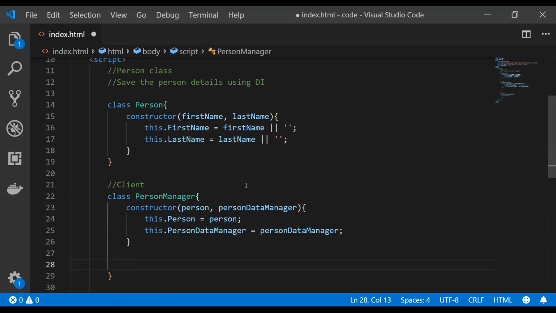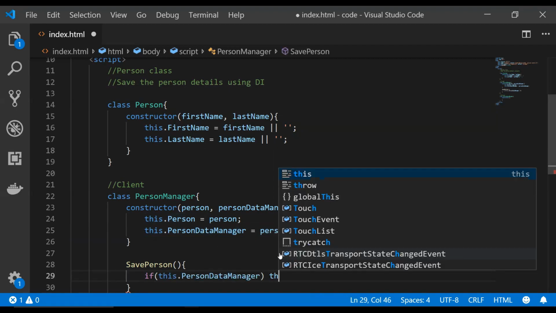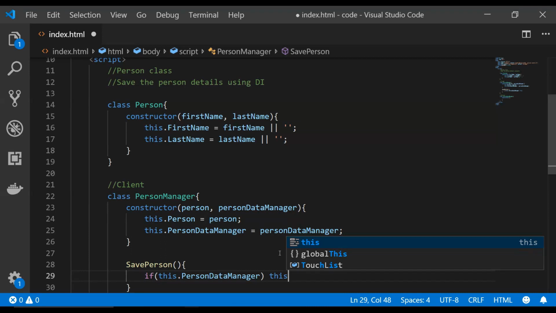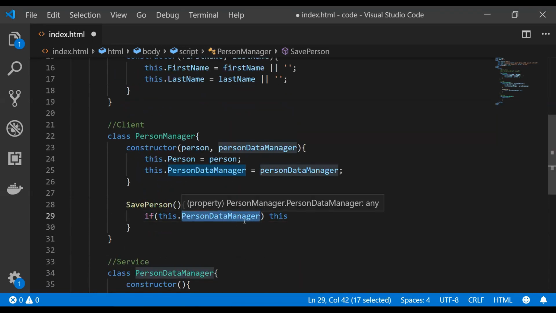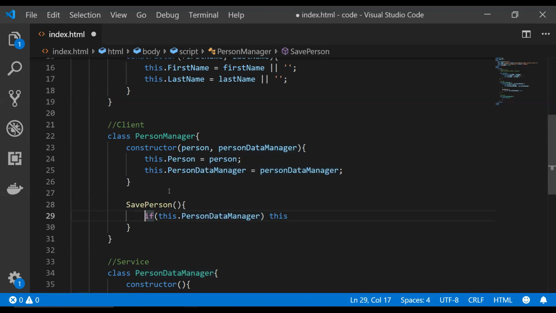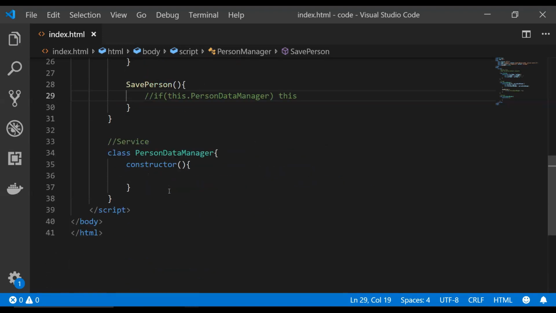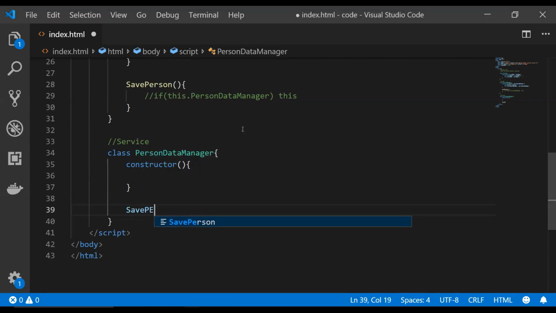function to save the person details, and for that I'm just going to create a function which will be named savePerson. So first we will check if the person data manager exists or not. If it does, then we can simply call another method which exists in the person data manager to save the person information, but we haven't yet created that method, so I'm just going to do it right now. The method will be called savePerson,